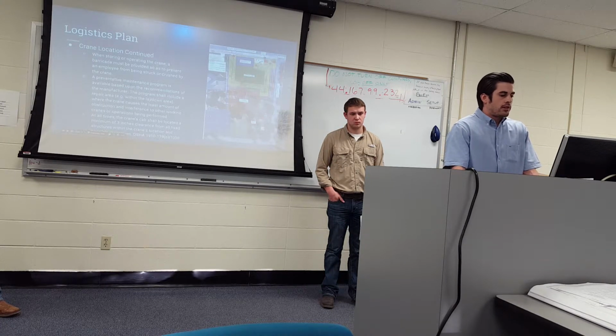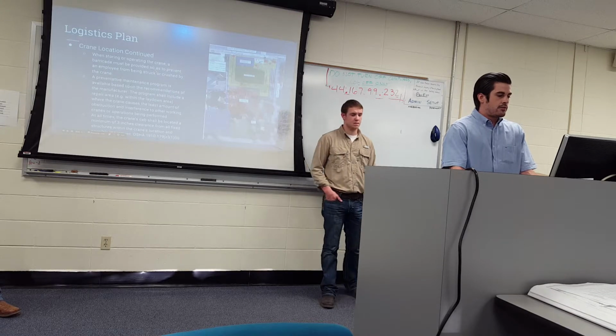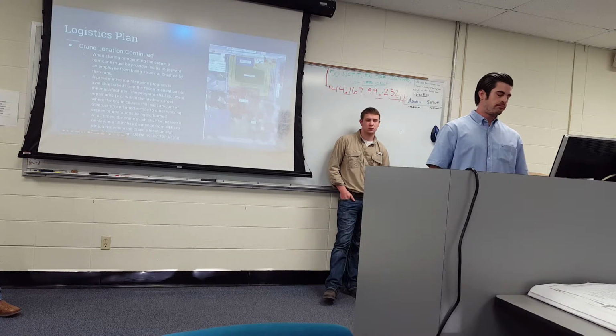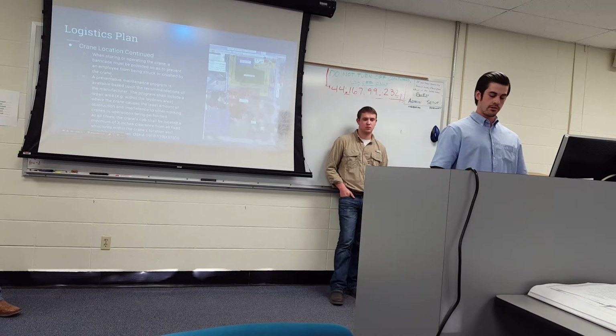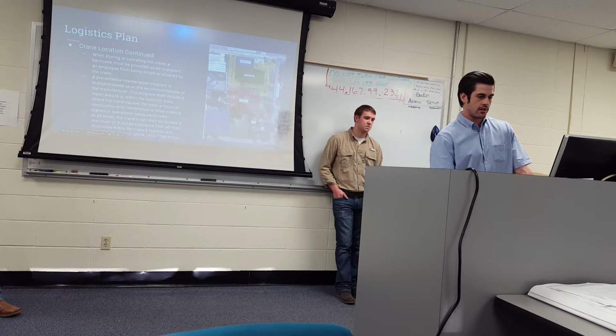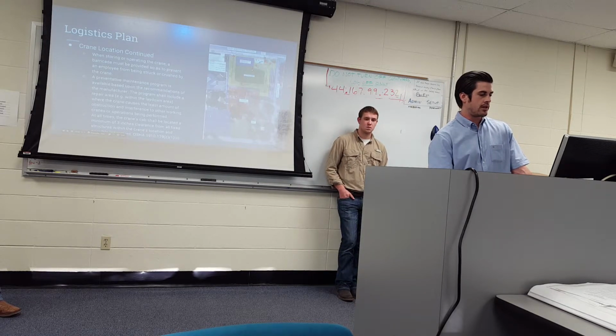When storing or operating the crane, a barricade must be provided so as to prevent an employee from being struck or crushed by the crane, and that is a standard OSHA. The radius of the boom length, I could cite that, but I do not. A preventative maintenance program is available based upon the recommendations of the crane manufacturer. The program shall include a repair area, which is what I was just talking about, near the entrance of the laydown area,